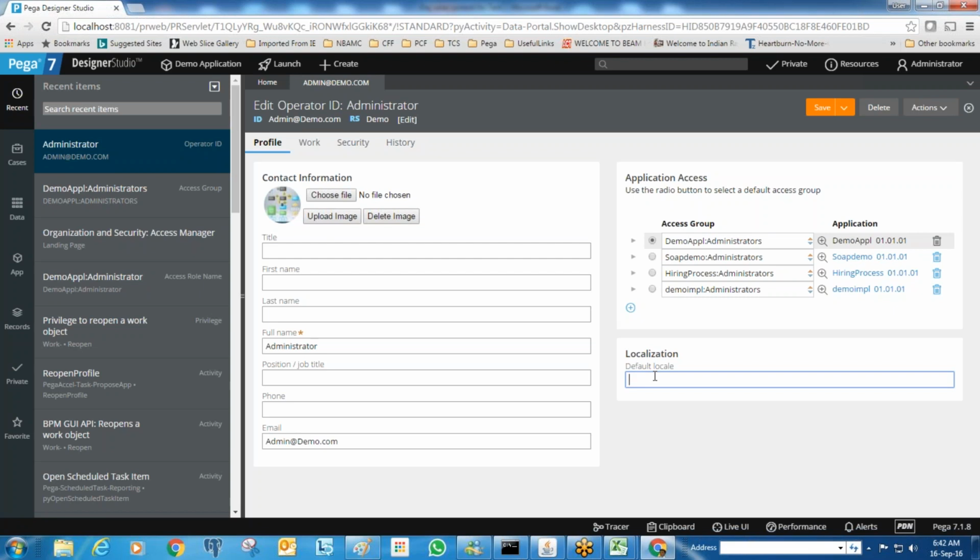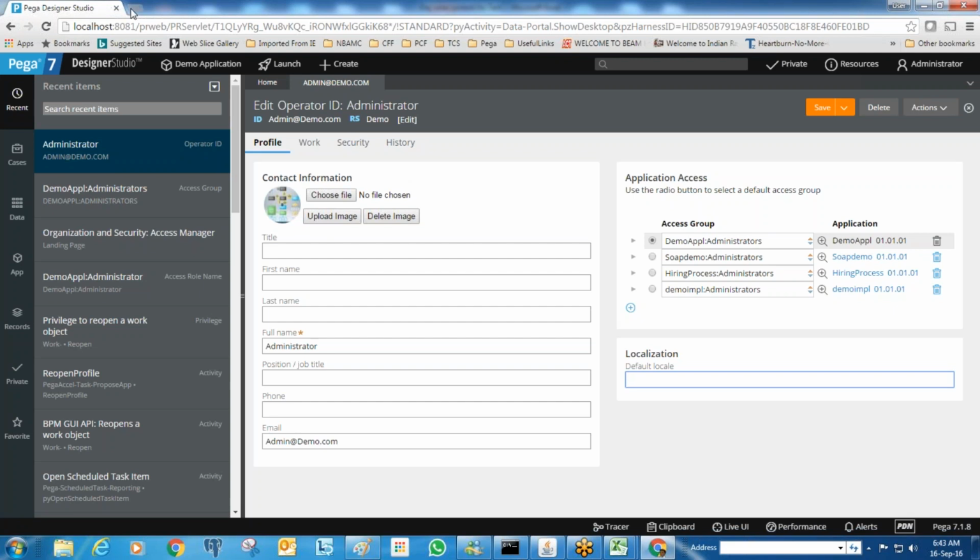For Chinese and for Italian, I cannot create separate applications. That is not a good way, creating separate applications for each and every country. So what I will do is create the application in English only, but while rendering the screen, I will change the language into the corresponding language. For that, Pega will provide language packs. You need to install the language packs, and once you install them, you need to give the locale. So the localization locale will be there.